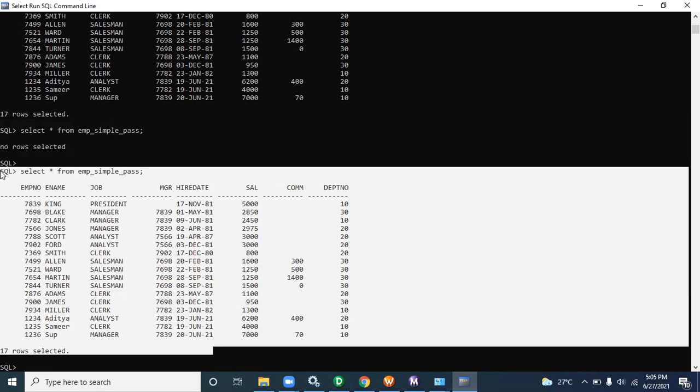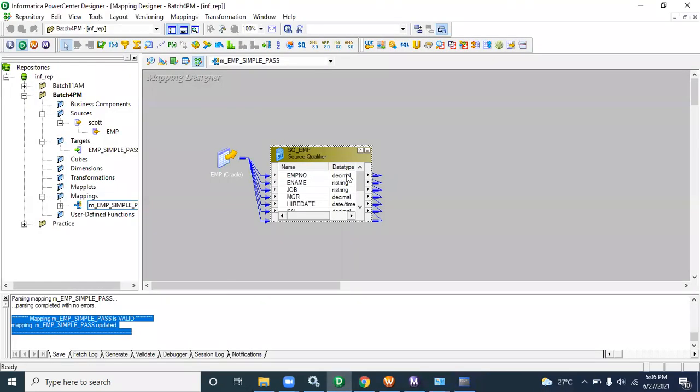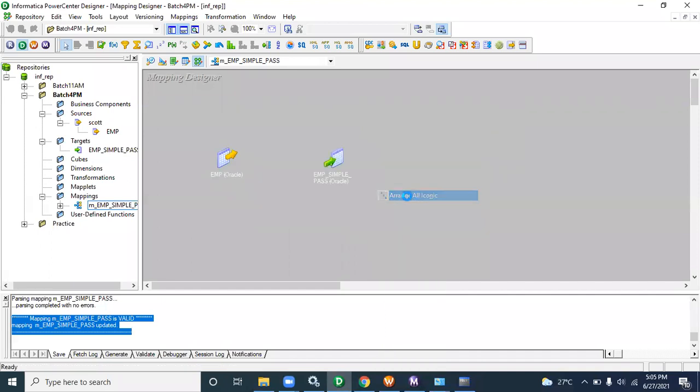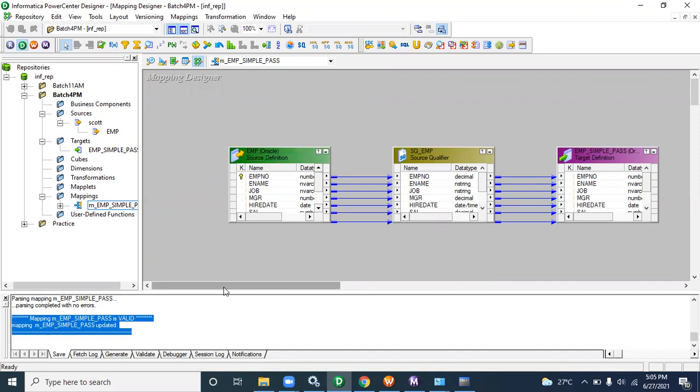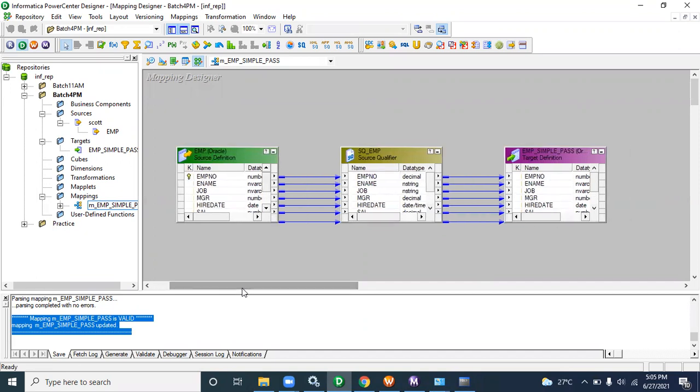This is the process for one program when you are doing any program in ETL. The same process you have to follow for each and every program. The process will be the same, but there might be a chance you need to add multiple objects. If you have any doubts, just let me know.